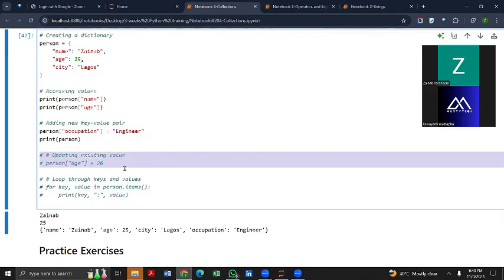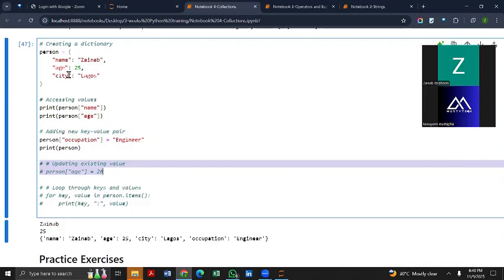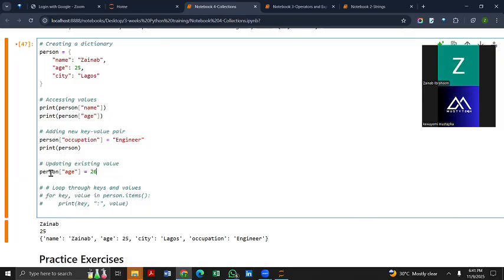Then we have this updating existing value. So now let's assume that you decide you want to change age to 26. What you need to do is the same way you added a new key value pair is the same way you would be changing the existing value. So if I have something like this, person age equals 26, it's just like I'm adding a new key